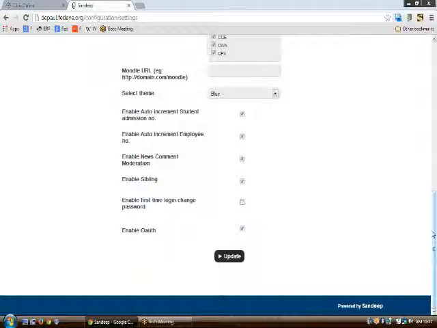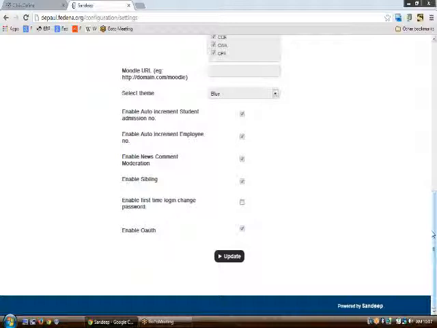Whenever a user is logging into his or her account for the first time, he will be asked to change his password. As in a usual scenario, the username of an employee is the employee number, and the password is the employee number followed by 123.